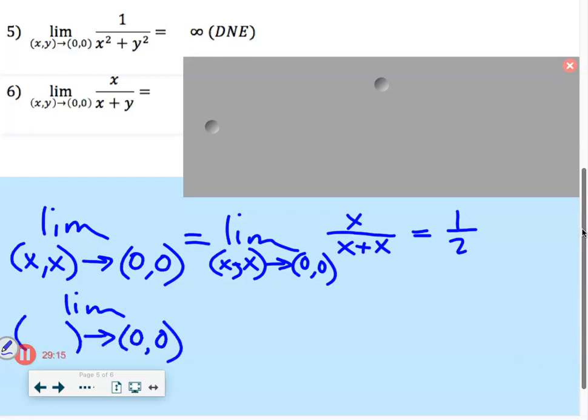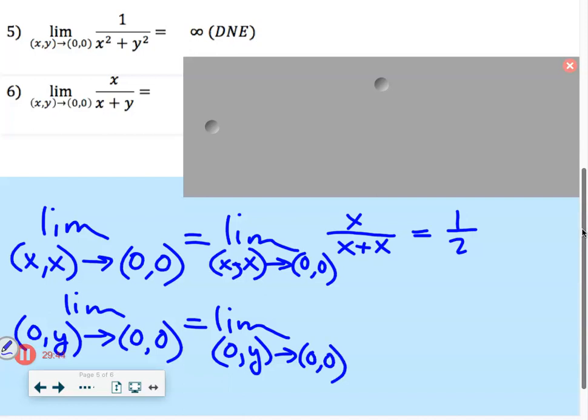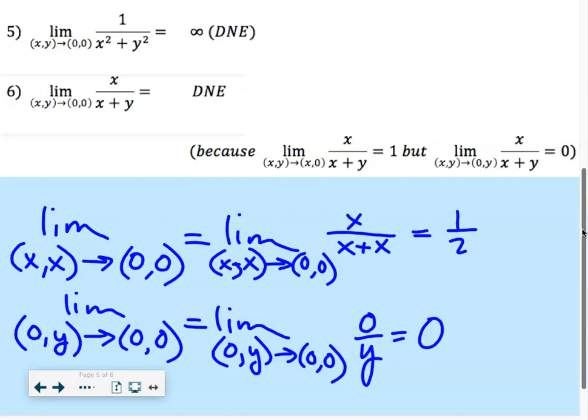All right. So what was the other one that you guys chose then? 0 comma y. So you let x be just a hard constant of 0. So now you're approaching point 0, 0 vertically, because x is always 0. So what you end up with is the limit as 0 comma y approaches 0 comma 0, and you get 0 over y, which is 0. And as soon as you get two different things,